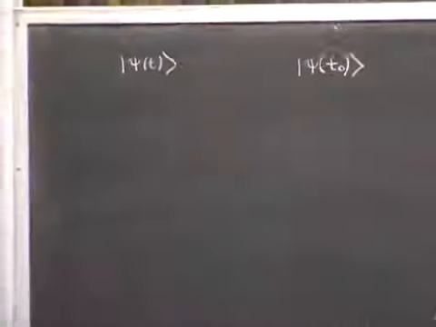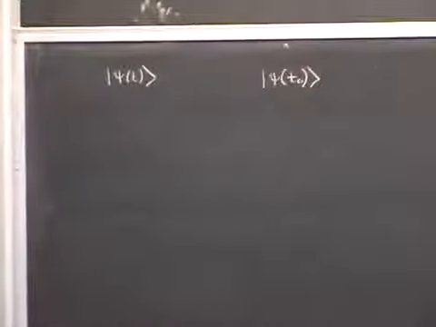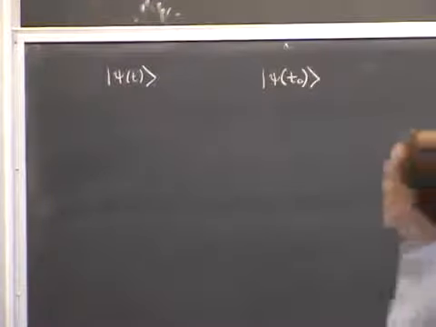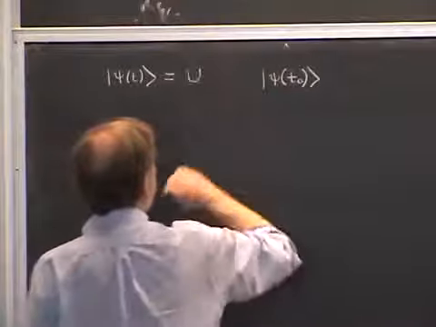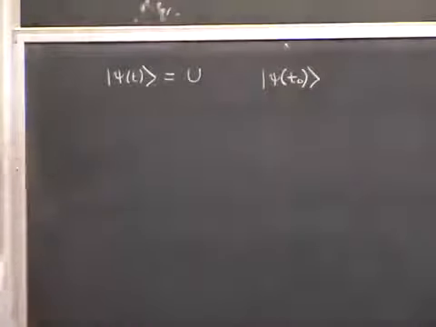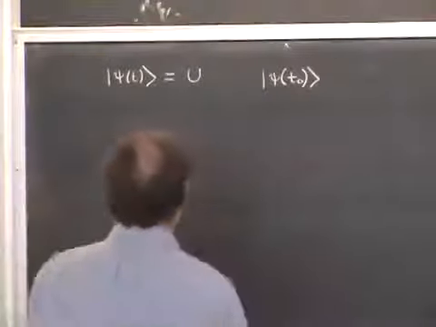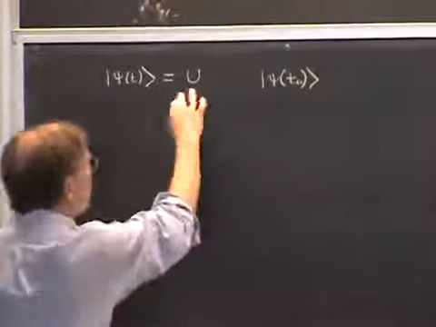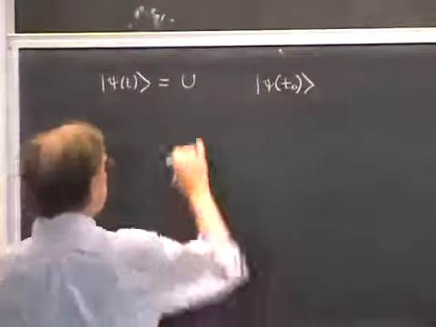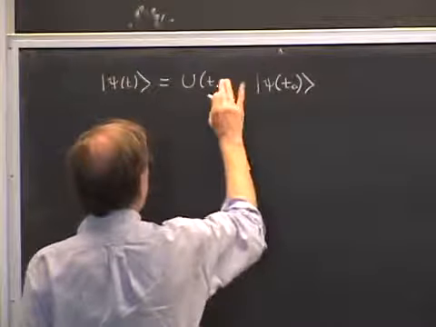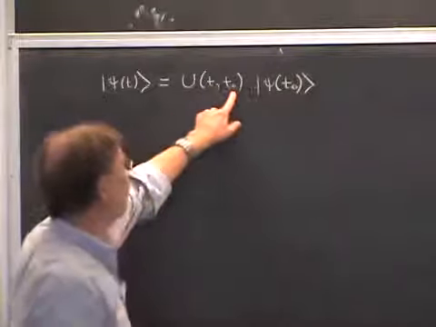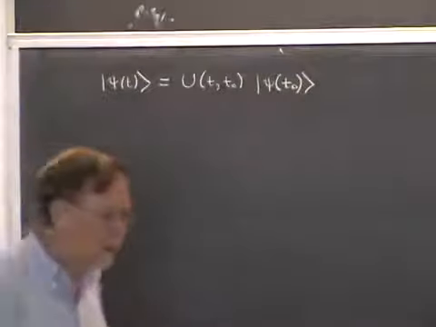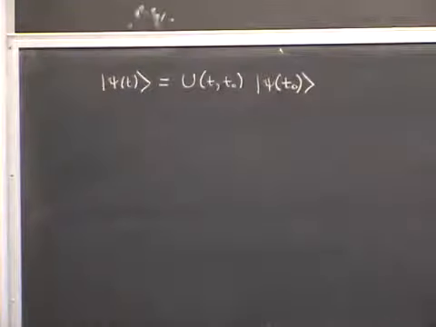Now, what's the relationship between the two? Well, we postulate that there is a linear relationship between the two, so that psi at a later time is given by some operator acting on psi at the earlier time. We call the operator U, a linear operator. The operator U must be parameterized by the two times, the initial and the final times. So we'll write it this way, U(t, t0). Actually, I put the final time first, t, and the initial time second in the two parameters of U. It's a convenient way of ordering the two times.